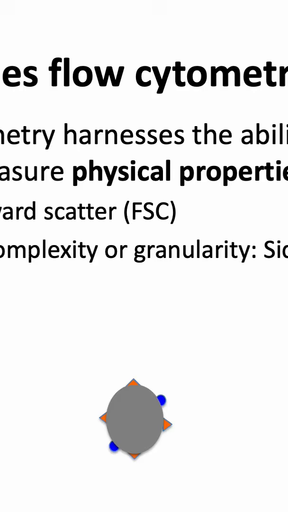So let's consider an example of how this works. Now in the center of your screen, you have a cell, which is shown in gray, and has various antigens expressed on the surface, some orange and some blue. For flow cytometry, we'll start by shining a light on the cell, typically in the form of a laser. And as that light hits the cell, it's deflected in different